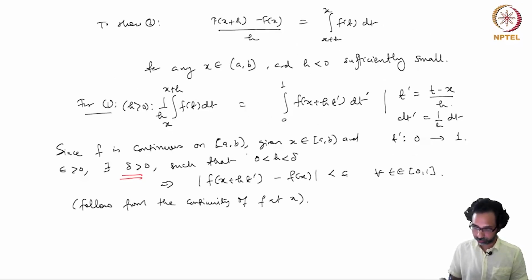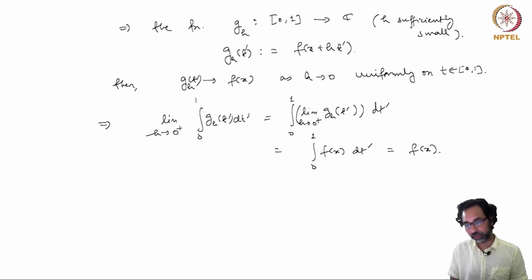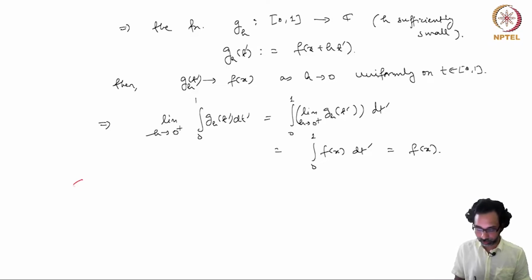So here we have already fixed an x in (a, b) and then chosen our delta and our h, so that you have a uniform convergence of these functions g_h(t') as h tends to 0. They all converge to f(x). So we have this for the positive side, and similarly